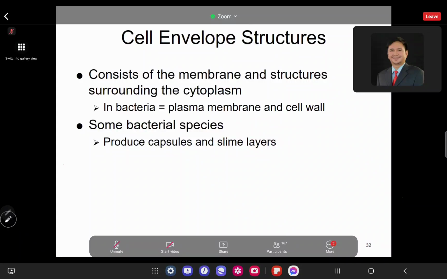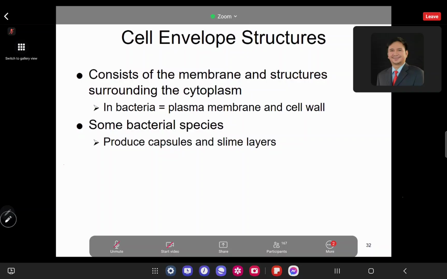A vital structure which is composed of membrane and surrounding structures, which include your plasma membrane and the cell wall. Now, the cell wall provides structural support and protection for the bacteria. Additional layers in some species: some bacteria produce capsules or slime layers. Now, capsules and slime layers can protect the bacteria against desiccation